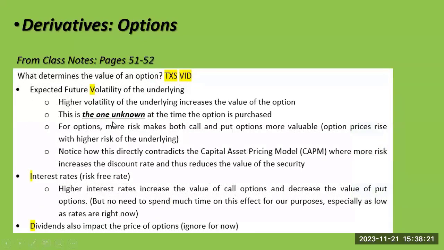Volatility, this is the only thing you don't know when you buy the put. You know the strike price, you know the underlying price, you know how much time there is, you know what interest rates are, but you don't know the volatility. You know the volatility of Apple stock the last 3 months, but the options are trading on volatility for the next 3 months. That you don't know. That could change quite dramatically. So volatility is the most important, and it goes in exact